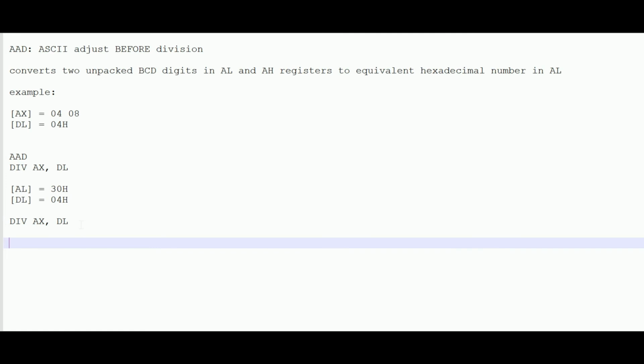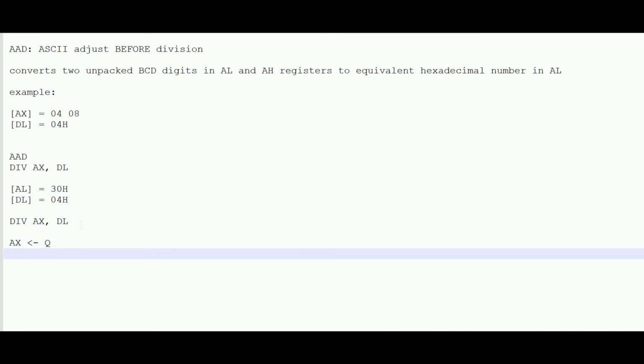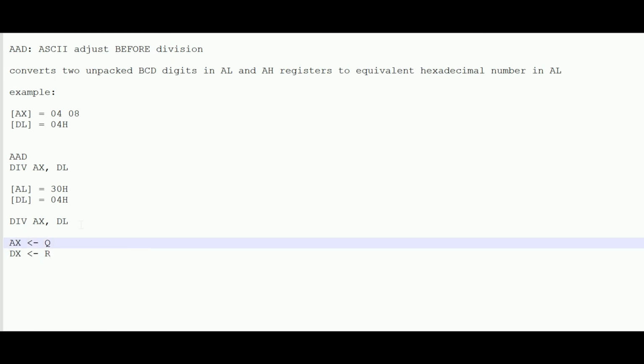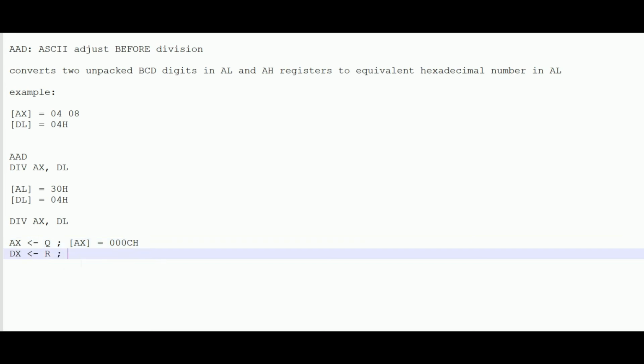We know that after the div instruction is performed, the quotient is stored in AX, and your remainder is contained in your DX register. So this contains your remainder. So the content of AX will be 000CH. Now why? Because if you divide 48 by 4, you'll be getting 12. 12 in hexadecimal is C. And likewise the remainder in this case will be 0, so the content of DX will be